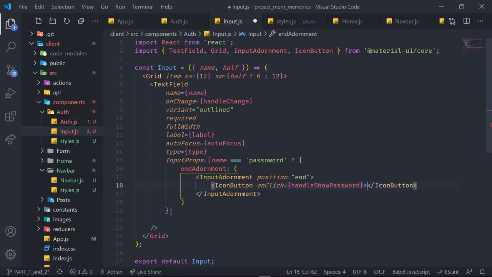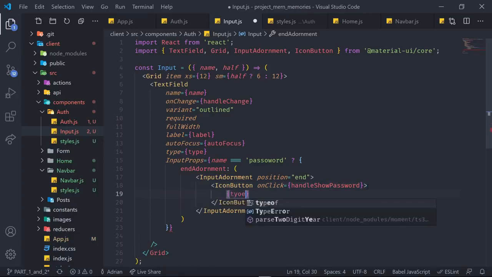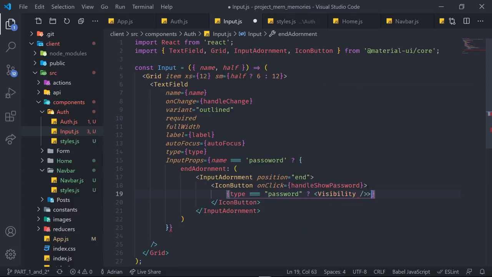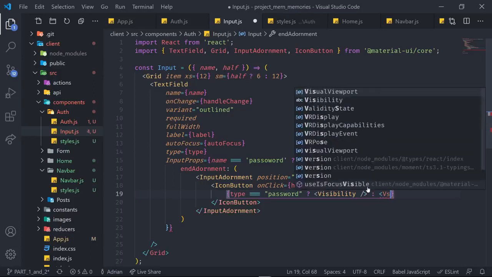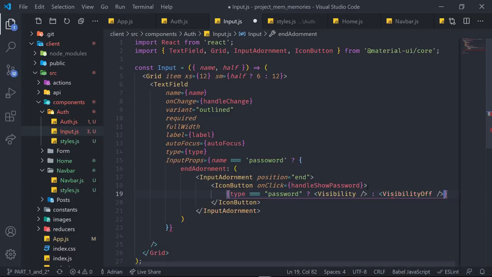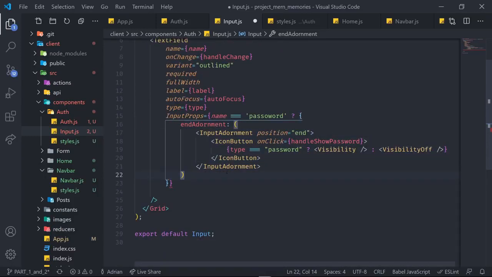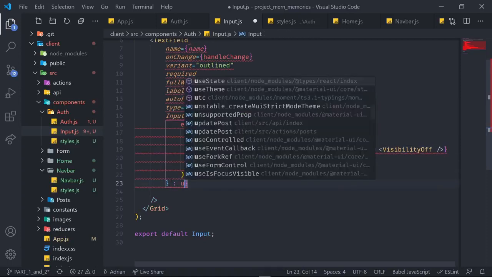And in there, we're going to show, if type is equal to password, then we're going to show an icon that says Visibility. Okay, a self-closing tag. Otherwise, we're going to have an icon that says VisibilityOff. And it's also going to be a self-closing tag. Now this is going to be the end adornment, but if we don't have that, we can simply say null,